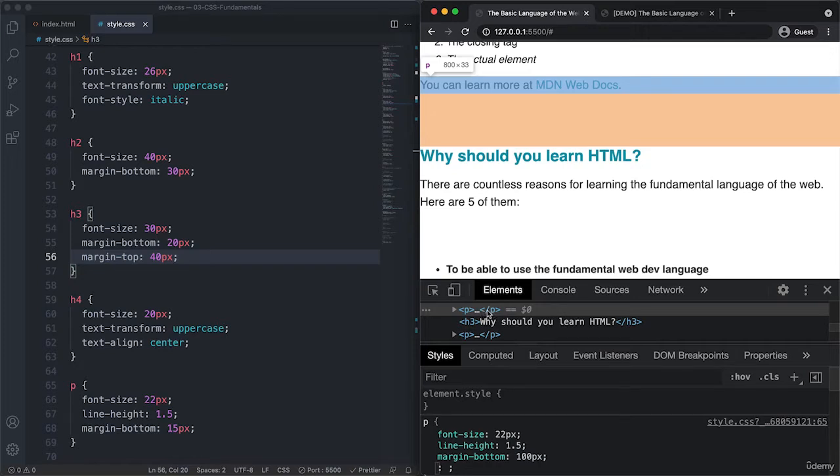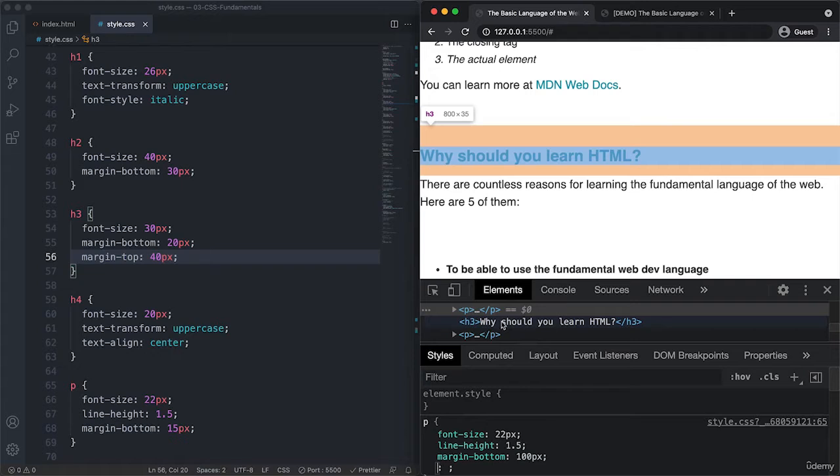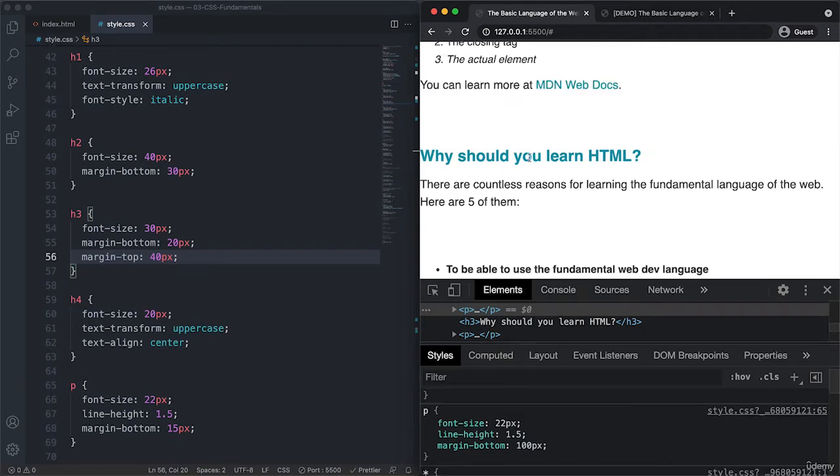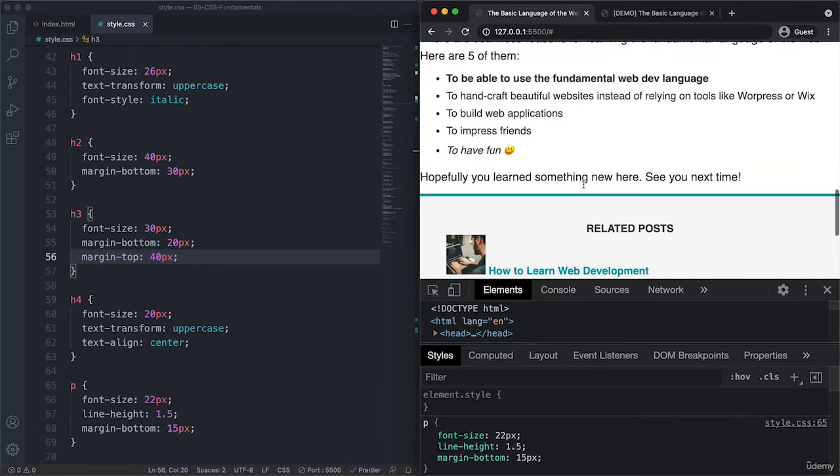So exactly this orange space that you see right there, right? So this one now still has its 40, but this one has 100. And so now the space between them is still not 140, but it's these 100 pixels of the bottom of the P. Okay, so this is what we mean when we talk about collapsing margins,